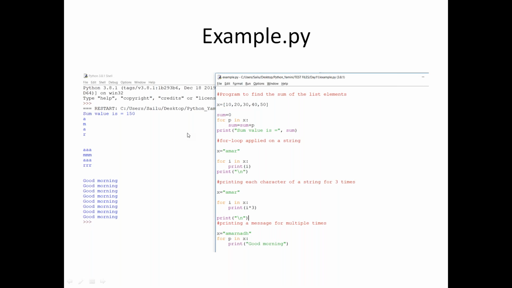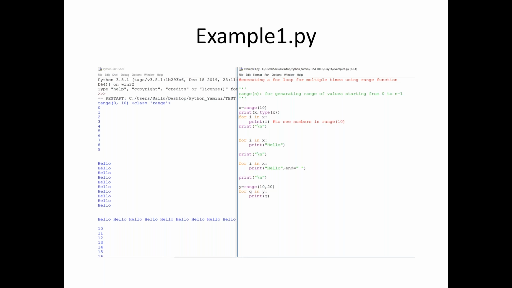Good, Amar. What if I want to run this for loop 100 times? Do I need to write Amarnath 100 times or A 100 times? Is it possible for us? Or if I want to execute the for loop 1 lakh times, do I need to write 1 lakh letters or 1 lakh numbers? Is it possible? This is not possible. So what I can do is use a range function.